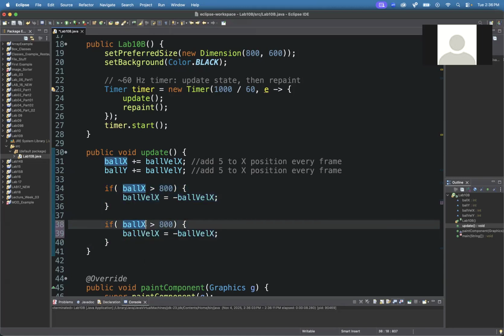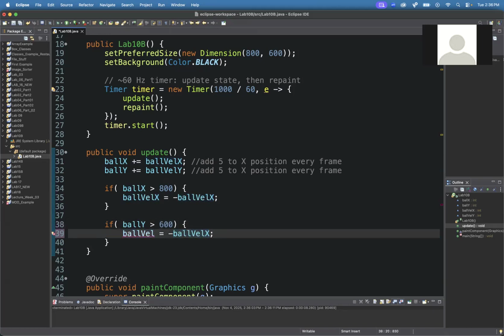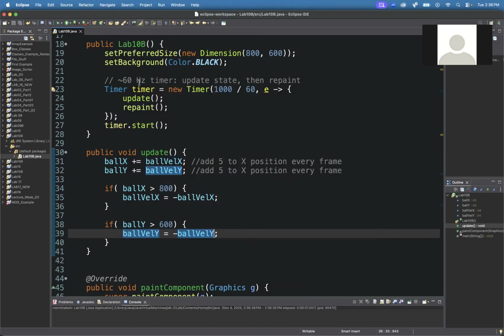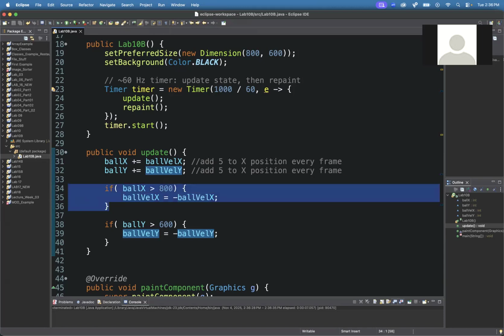What if the ball Y value goes greater than 600? Then its Y velocity should go the other direction. So now it bounces off the right side and the bottom. Uh-oh, it doesn't bounce off the top though. So what if you want to make it bounce off the top